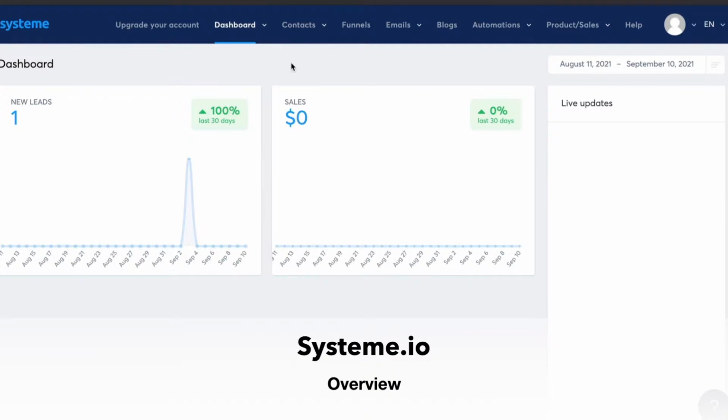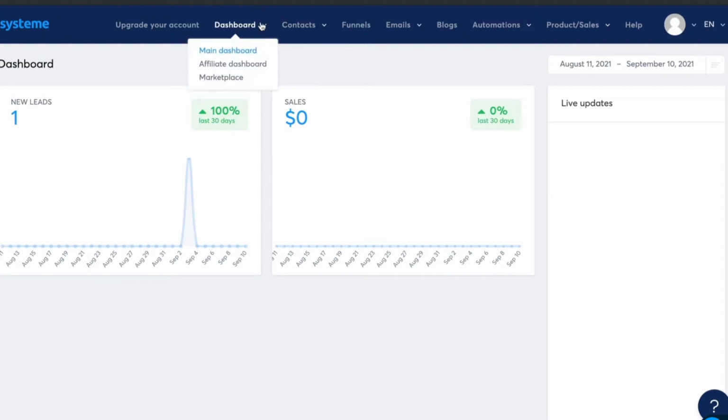So when you log into the Systeme.io platform, first you're going to see the dashboard. And there, you'll see new leads, sales, as well as live updates. Then if you look under the main dashboard, you'll be able to view the affiliate dashboard as well. Now, if you're an affiliate marketer or promote other people's products, all of the details of the sales will be